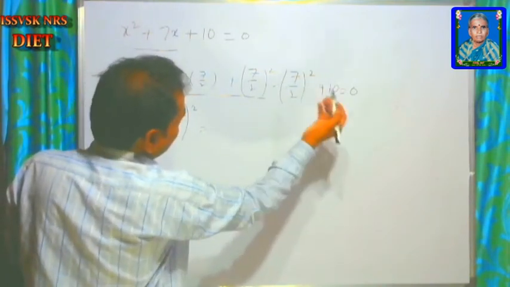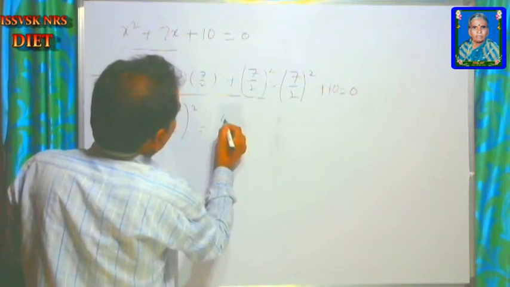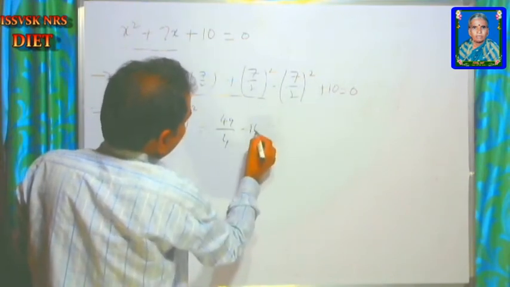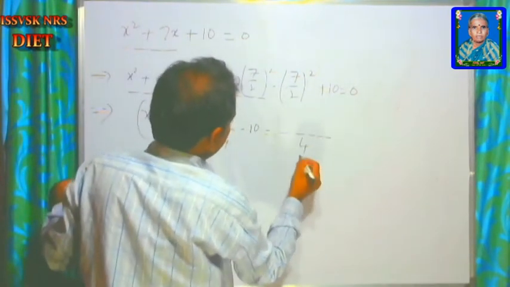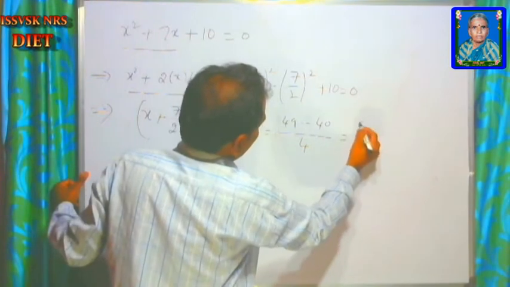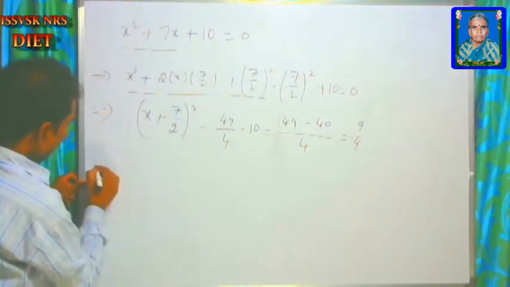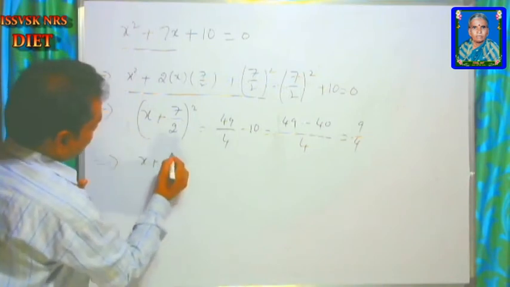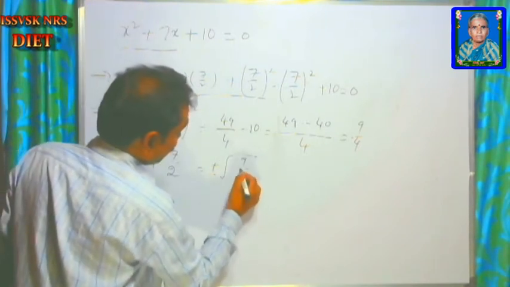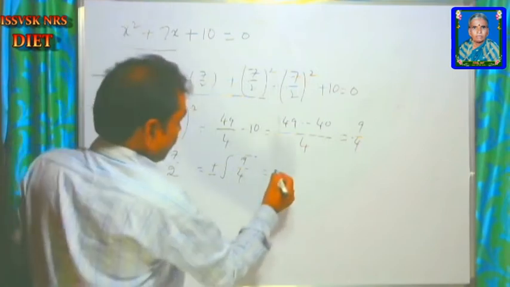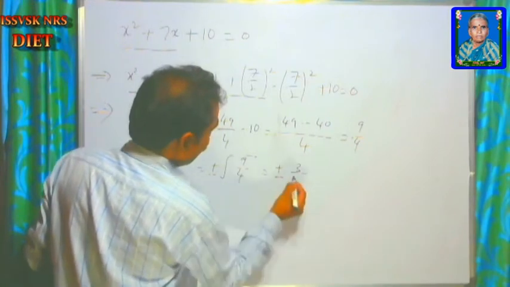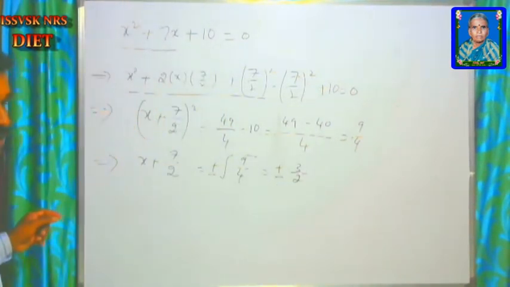take this 7 by 2 whole square that side, that is 49 by 4, take plus 10 that side, minus 10, which is equal to 4 LCM, 49 minus 40, which is equal to 9 by 4. Which implies x plus 7 by 2 is equal to plus or minus square root of 9 by 4, plus or minus square root of 9 is 3, divided by 4 is 2, plus or minus 3 by 2,